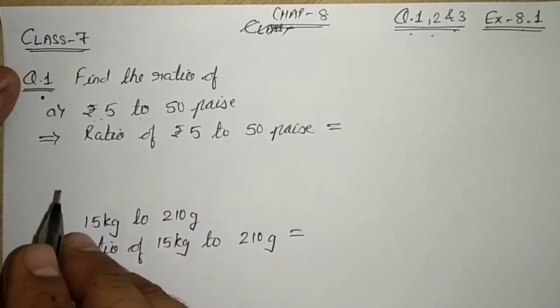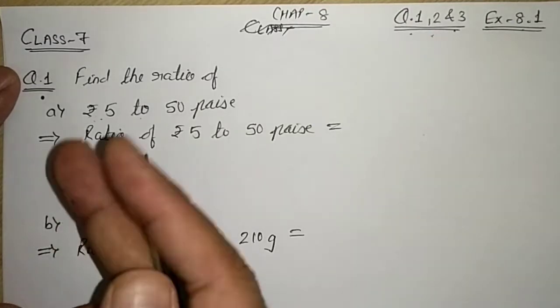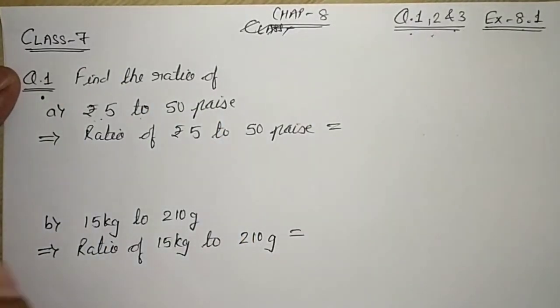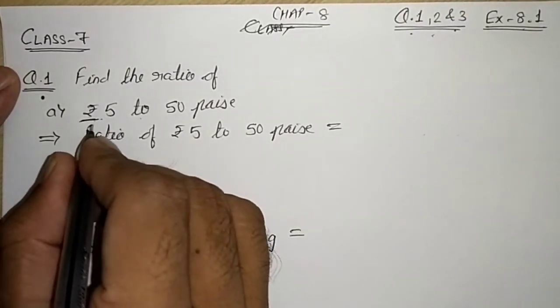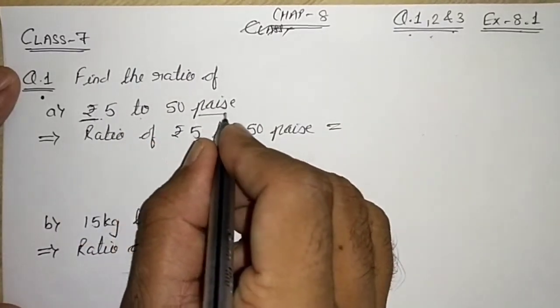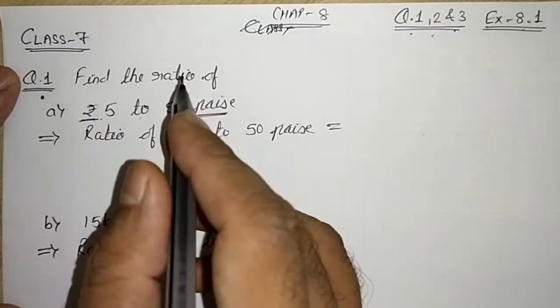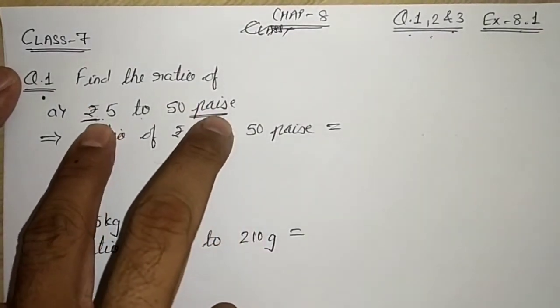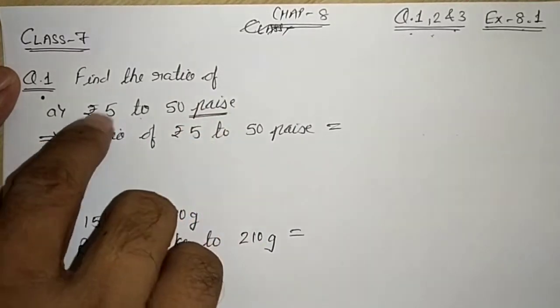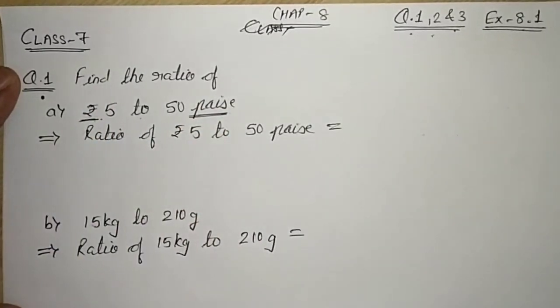First of all, let me clear one thing. Whenever they have given you 2 quantities, both the quantities must have the same units. That is, if they have given you in rupees, then it must be in rupees or paise. Both of them must be in paise form or in the rupees form. That is, the unit must be the same. If it is paise, then convert this into paise form. Same way, if it is given in kg, then the comparing quantity must also be in the kg form only. So let us start.